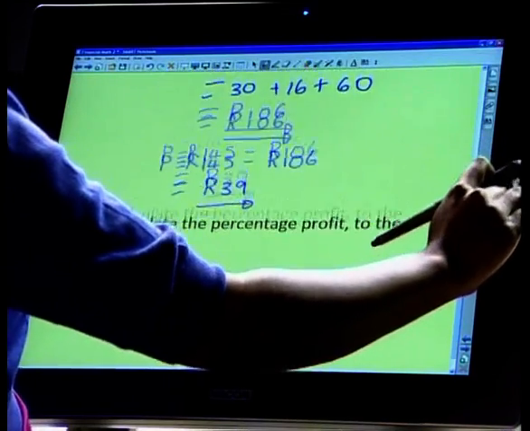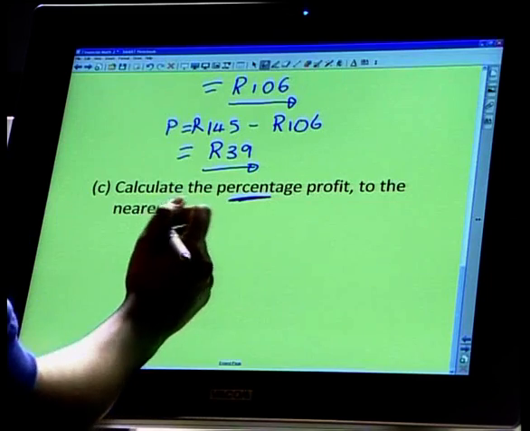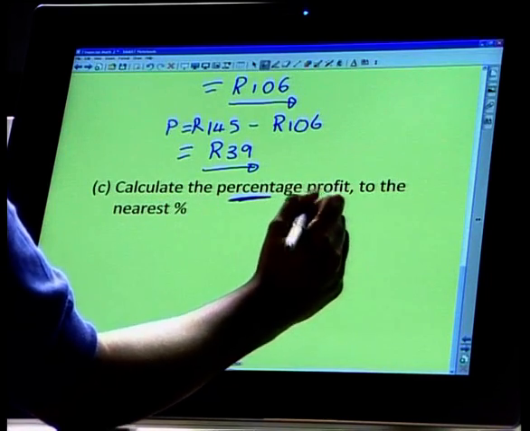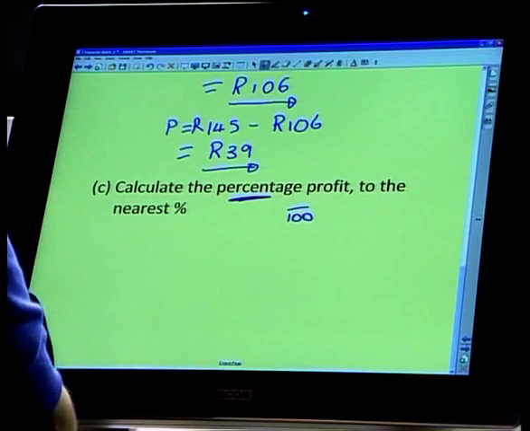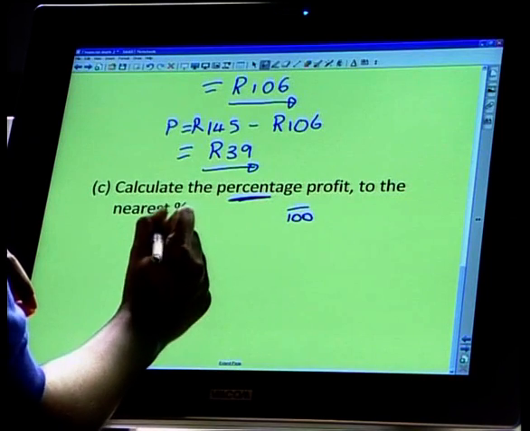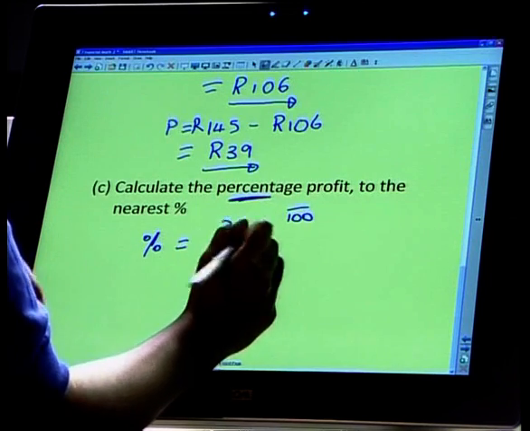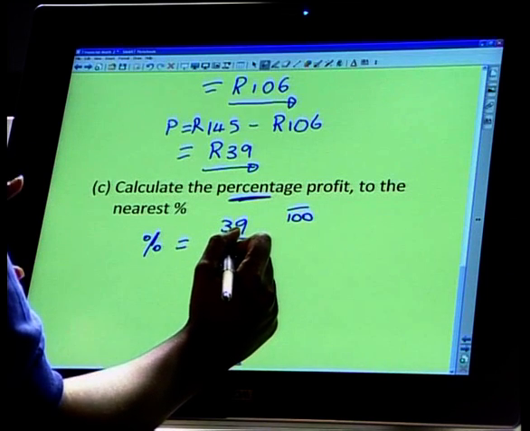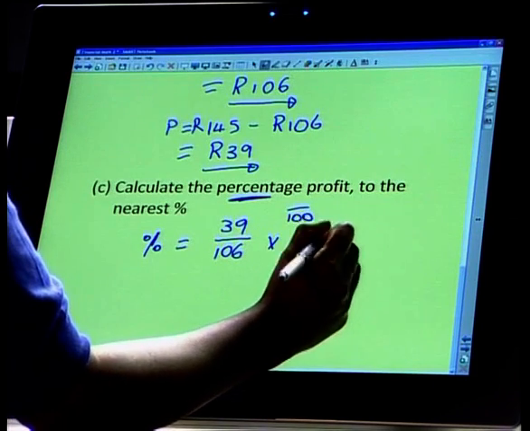The last part of this would like us to calculate the percentage profit to the nearest percent. Remember, your percentage is something over 100. So we've already worked out the actual profit. We now need to write this in percentage terms. So in order to do that, we will take the actual profit, divide that by the cost price, which was in fact 106 Rand, and then times by 100 to give us